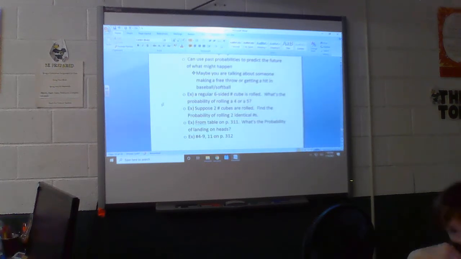Now, remember, because we're talking about a ratio, we should always have a fraction, but I can easily take that fraction and turn it into a percent by doing what? Right. First, I've got to divide, and then what? To the right. Okay? So, when they ask you that, it's basically the same process, but you can do it 2 different ways.